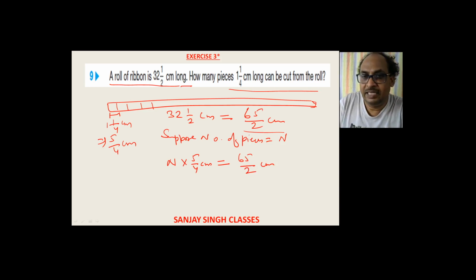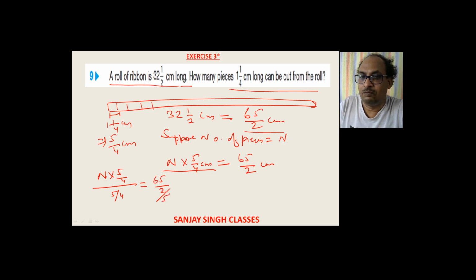Now from the left hand side we need to remove 5 by 4. So what we will be doing is dividing the left hand side and the right hand side also, because any type of operation we are performing when an equal to sign is there in between, we need to do on both sides. If we are multiplying, then we need to multiply both sides. If we are dividing, we need to divide both sides. Like this we have to do it.